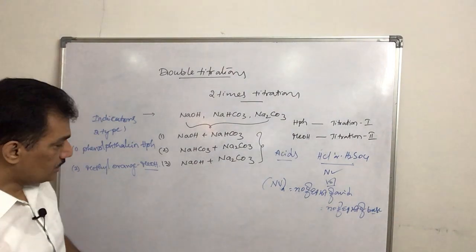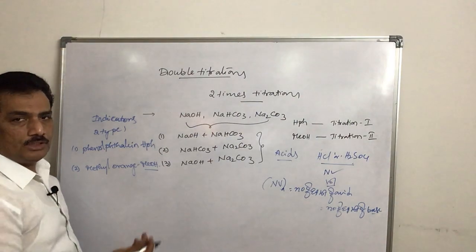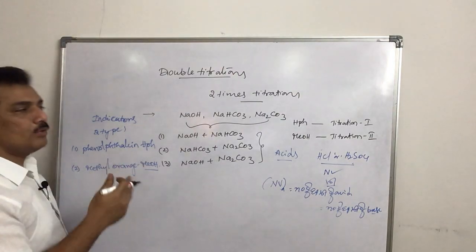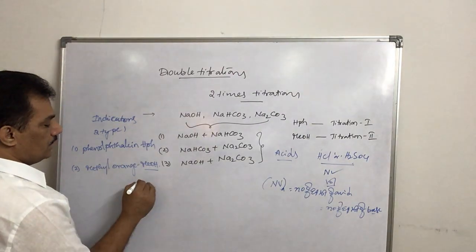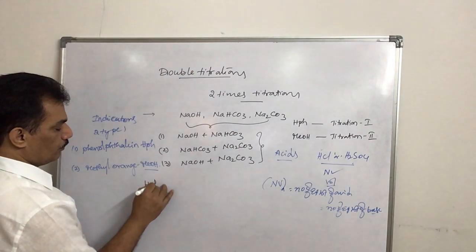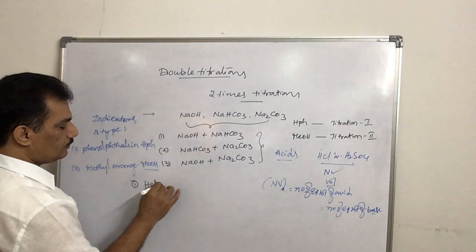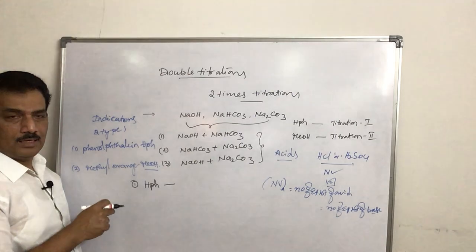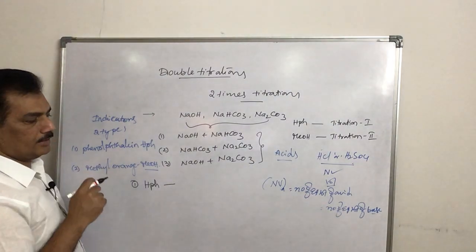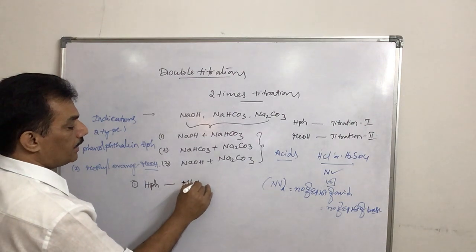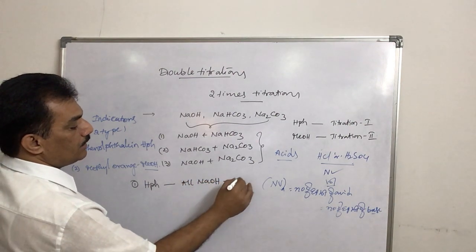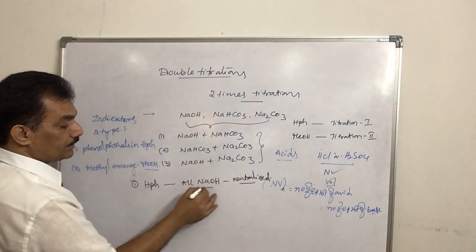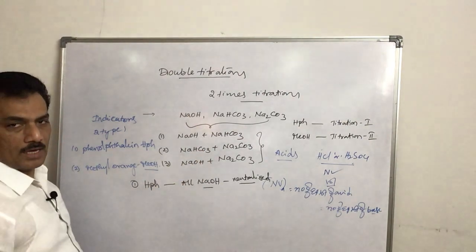Is it not? And now in such a case, how is this double titration technique working out? First let me make you understand that. Just remember, in presence of phenolphthalein indicator, it is the key point, that's why I am giving it. Clear? In presence of phenolphthalein indicator, all NaOH will be neutralized. All NaOH which is present in the solution will be neutralized.